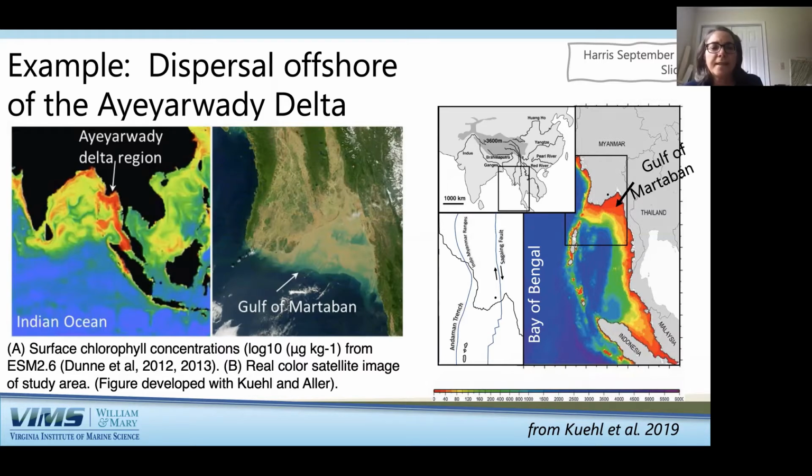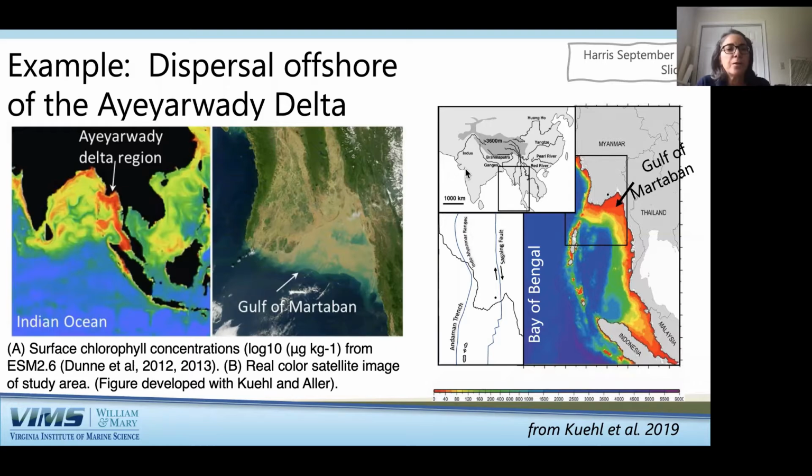We had an NSF project that was funded with Steve Keel and Paul Liu, and that allowed Steve and Paul to do field work in 2017. A lot of the motivation for doing this project wasn't just the fact that this is a huge global source of sediment and carbon, but also that it was the last large global source of these materials to the coastal ocean that really hadn't been studied.